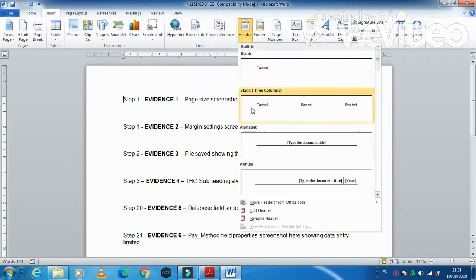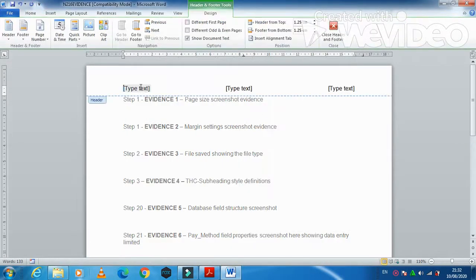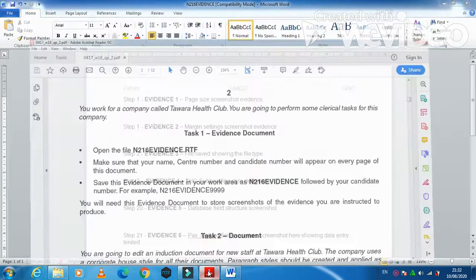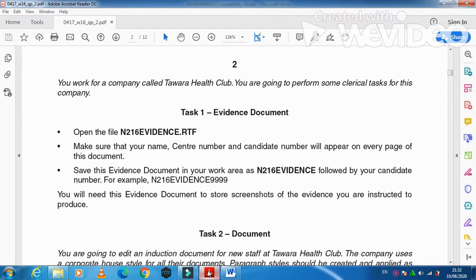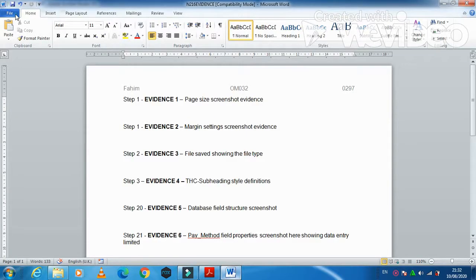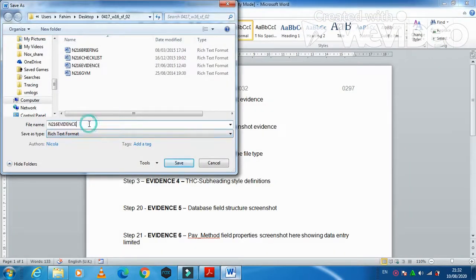They are mentioned in the document, top and bottom, they did not mention, but I'm just going to type it into the header. That's all. Just close, and then you need to save this one with your candidate number. So I'm just going to click on file, save this one as with my candidate number,